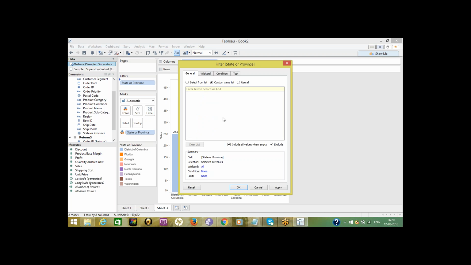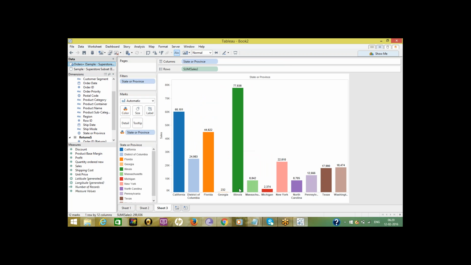Simply select custom value list and click on OK. Here, right click and show filter. See, here we need to enter the list of values manually. For example, I want North Carolina.